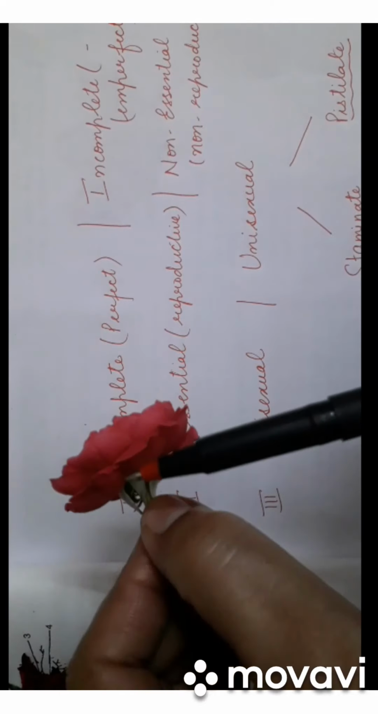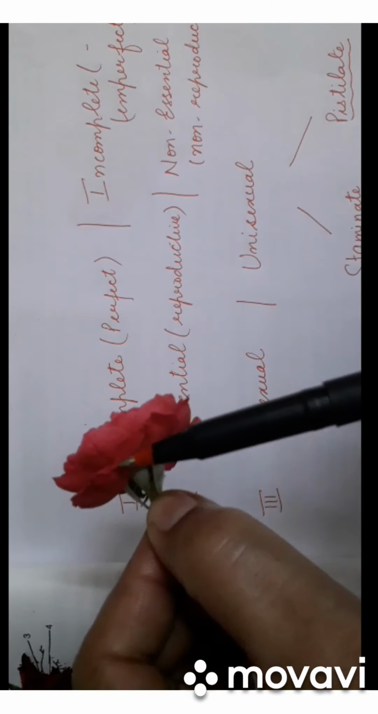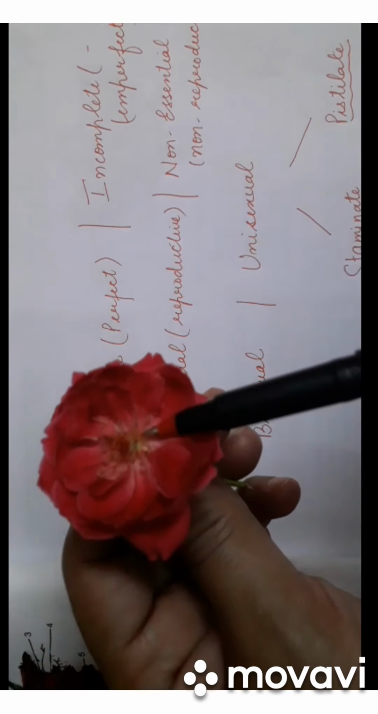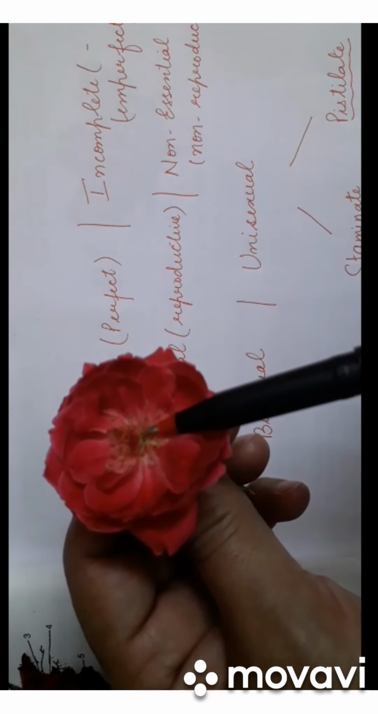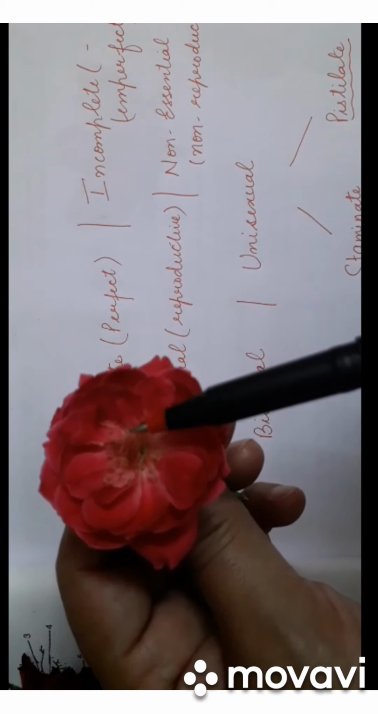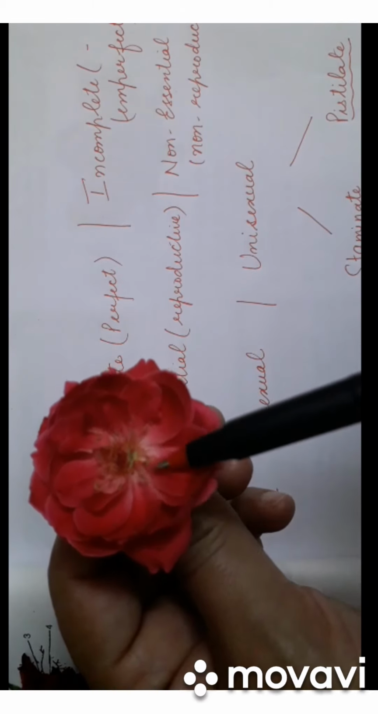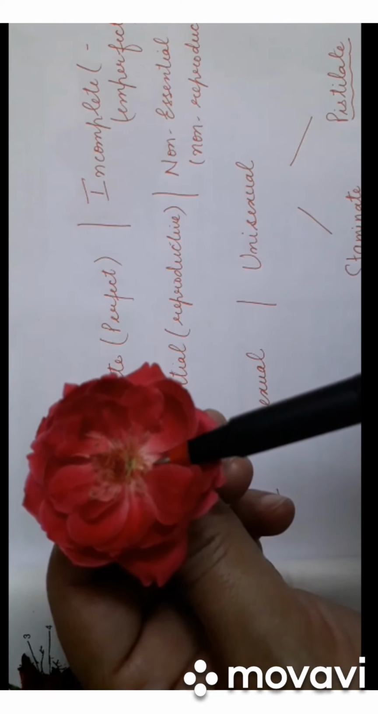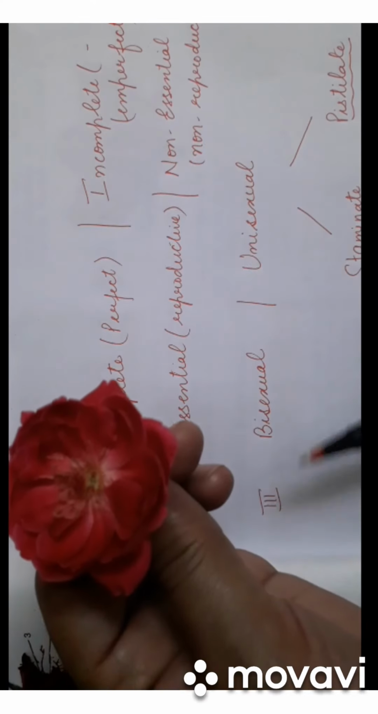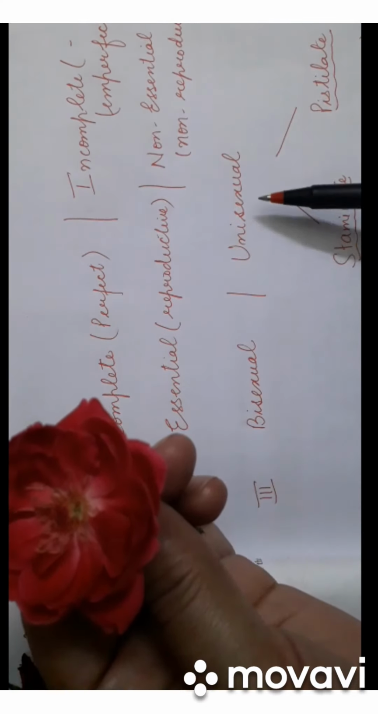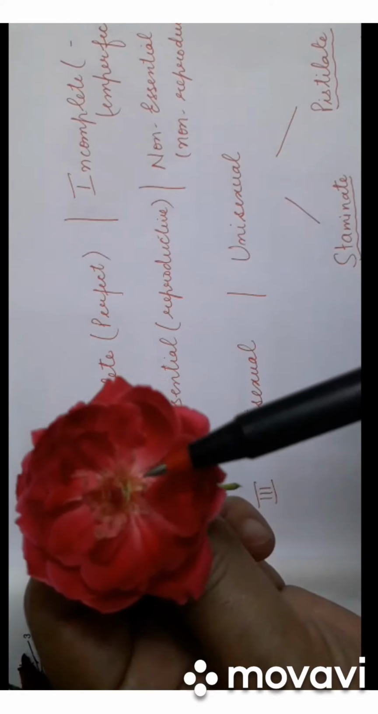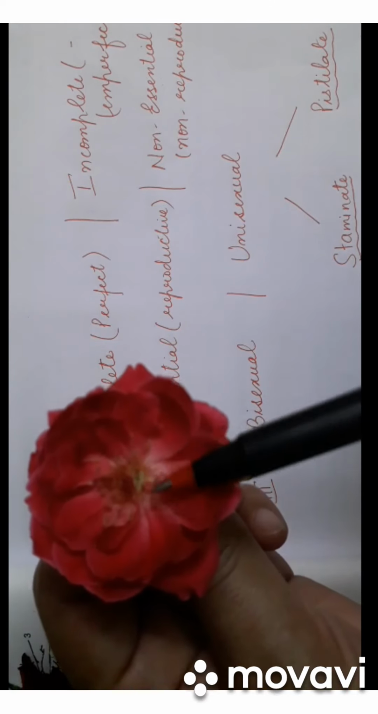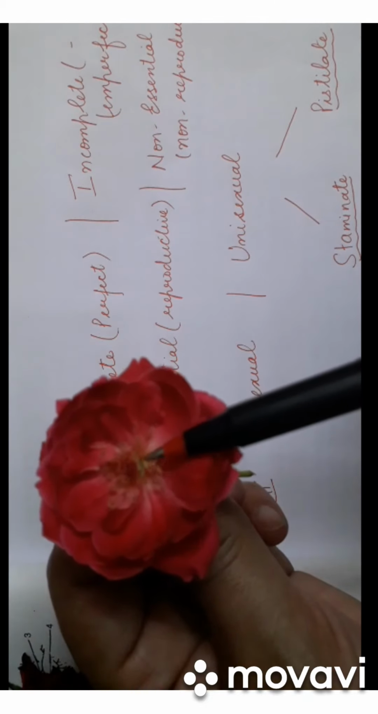Okay, so we call them non-essential parts or non-reproductive parts, whereas the androecium stamens and the gynoecium are called the essential parts or the reproductive parts, because these are the reproductive organs and they take part in reproduction directly. Fine. Third is bisexual and unisexual flower. So when both stamens and gynoecium, stamens and pistil, both androecium and gynoecium are present, we call it